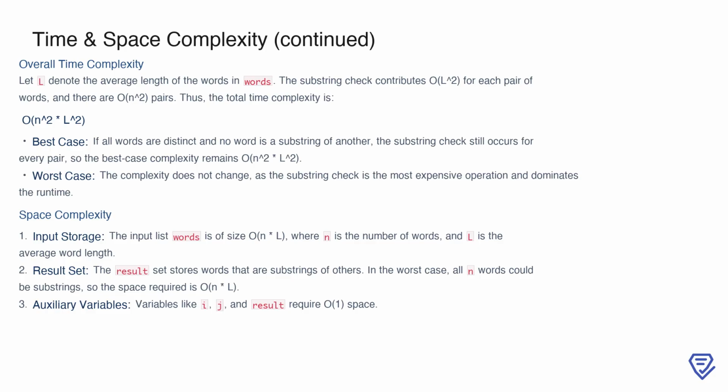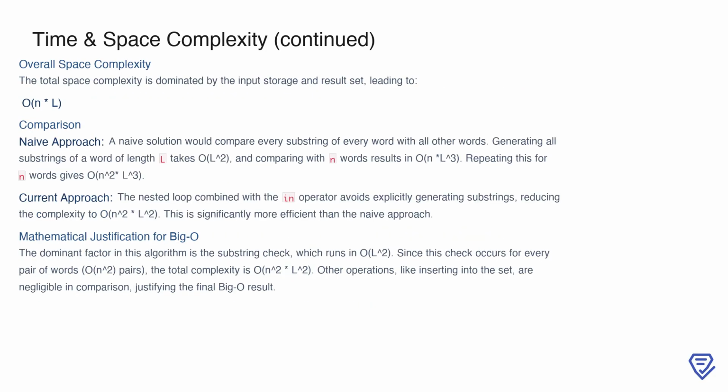Shifting focus to space complexity, the input list words requires O(n*L) space, since it stores n words each of average length L. Additionally, the result set, which collects the words that are substrings, could potentially store all n words in the worst case, requiring another O(n*L) space. Variables like i, j, and the result set reference itself only require constant space, O(1). Together, the space complexity combines these factors. The overall space complexity is therefore dominated by the input list and result set, leading to a final space complexity